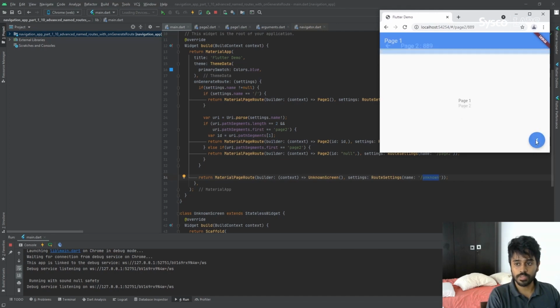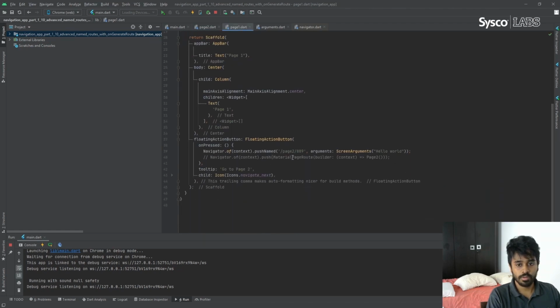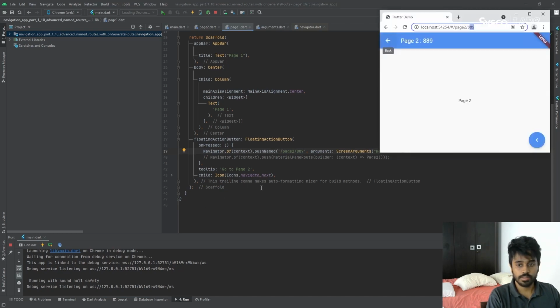You can press go to page 2 now here, and you'll see I have gone to page 2 with the 889 value, and I have passed it to show on the app bar text widget here. So if you go to page 2, I'm passing the ID parameter here as the constructor parameter, and in the app bar I'm showing the ID value here. And from page 1, when you move now, you can use the route like this, page 2 with the data value, so that it will show this 889 when you press the button. So let's see how that works.